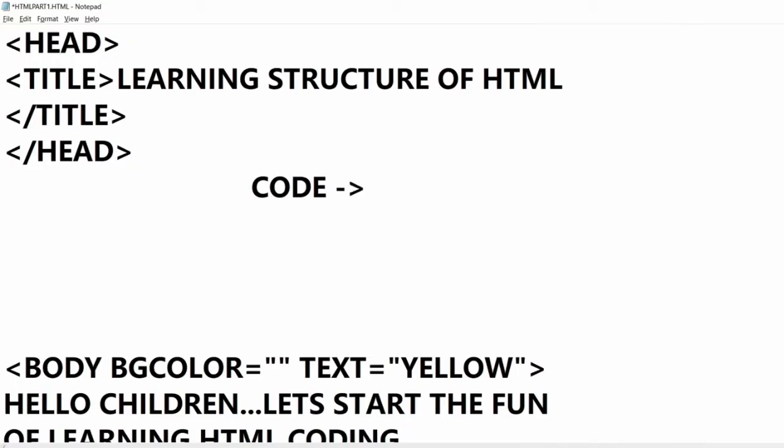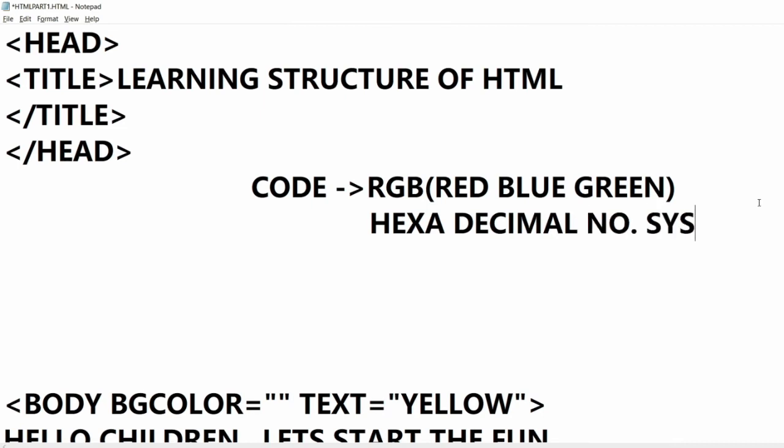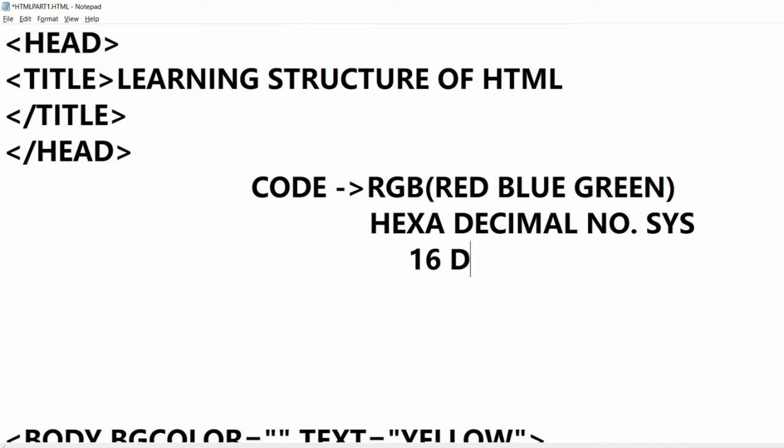If now I set it with the color code. Now color code is based on hexadecimal number system, and here RGB means red, green and blue. Hexadecimal means it has 16 digits. Hexa means 6 and decimal means 10. So 10 plus 6 is 16. Total it has 16 digits in it. That is 0 to 9 or A to F. Correct? Now if you count from 0 to 9, how many numbers you will get? You will get 10. And from A to F, you count A to F is 6. Let me show you. You keep on counting as I write.